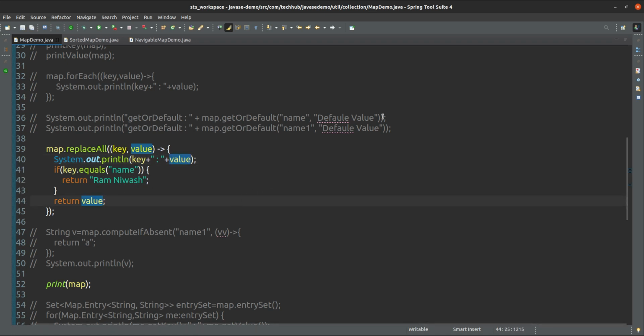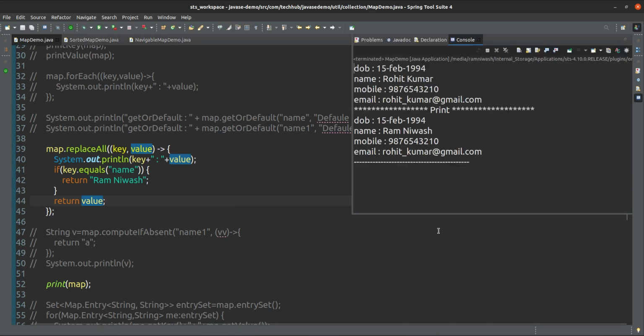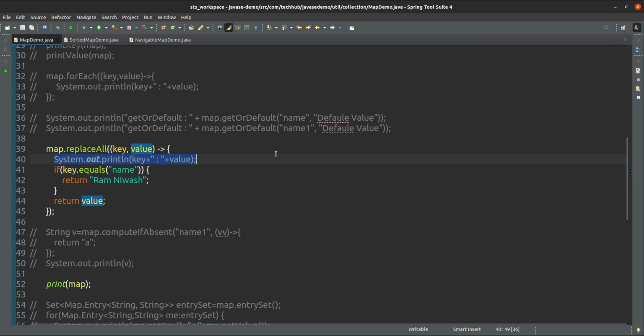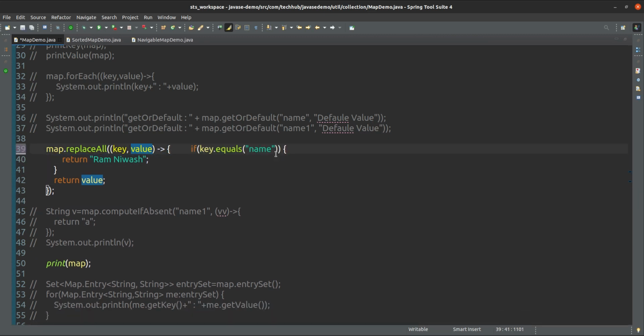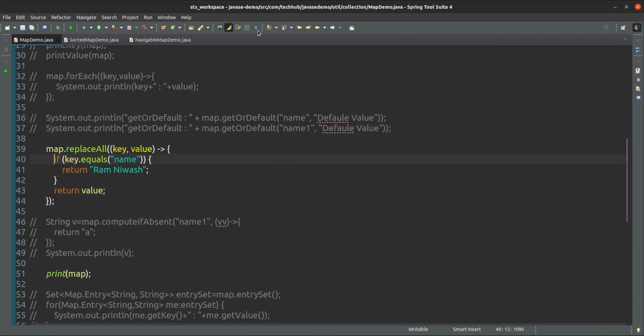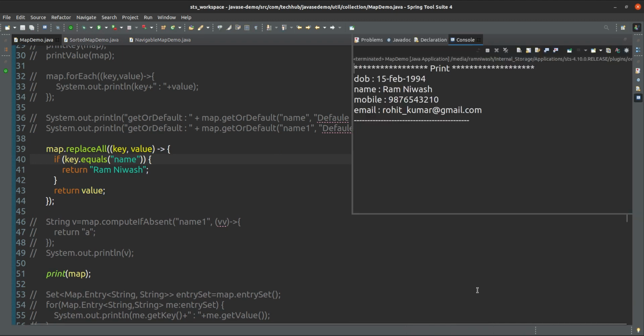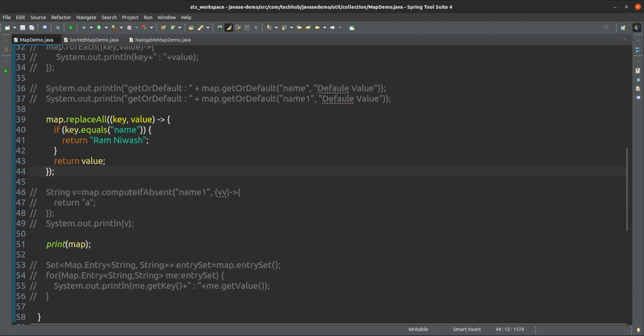So what will be replaced now? Only the name will be replaced, the remaining I am using the same. So this is the use of replace.